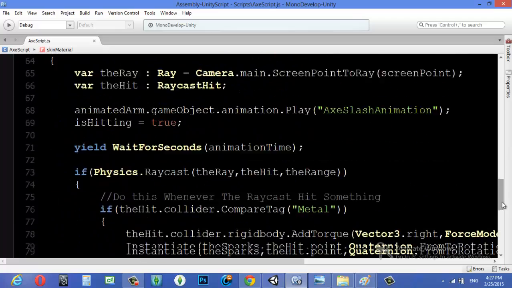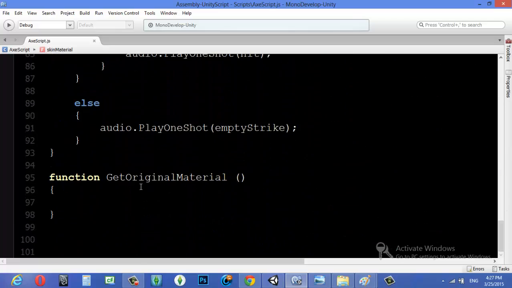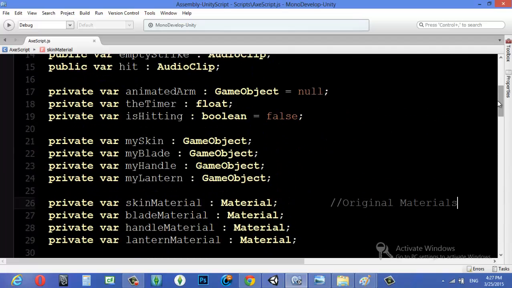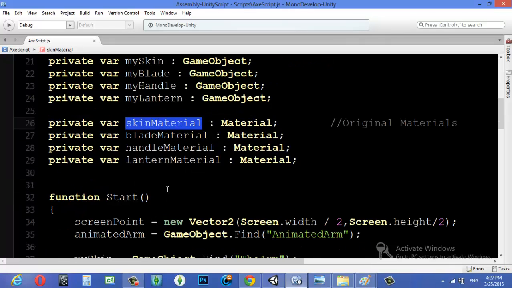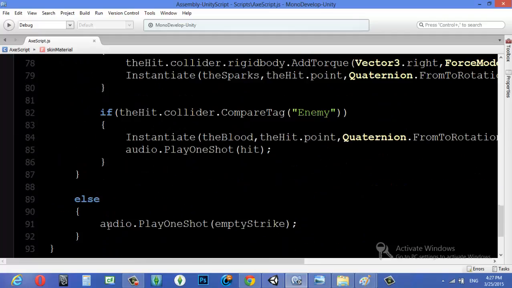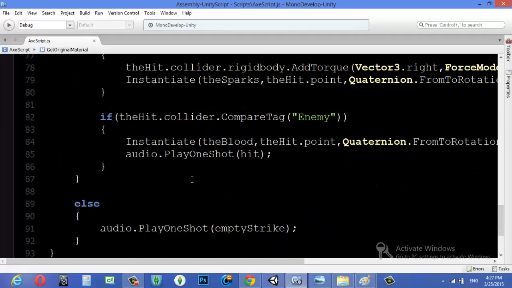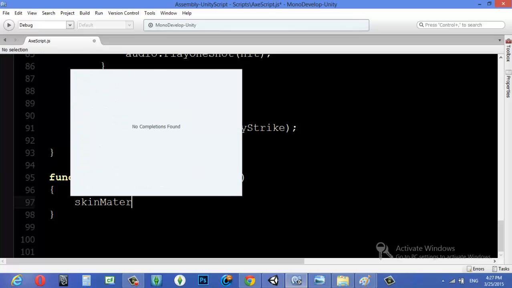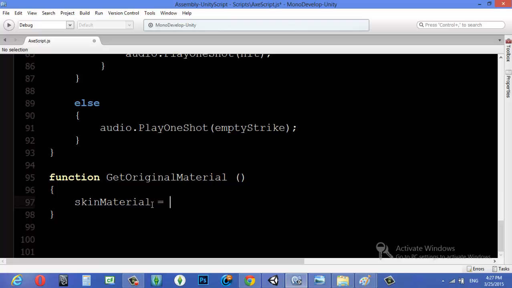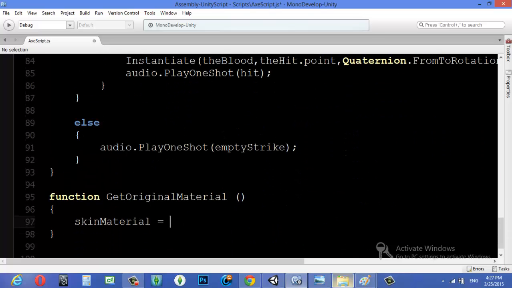This function right here, get original material, is really gonna assign all the original material to this object, because these variables are gonna hold all the original material. So starting with the skin material, all the materials that we create are currently empty, so we're gonna assign them. So skin material is equal to